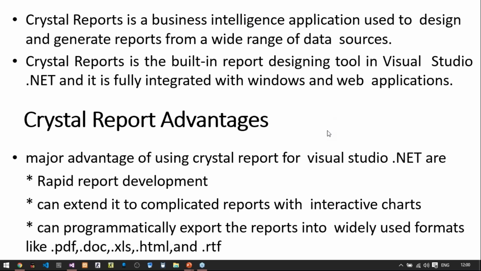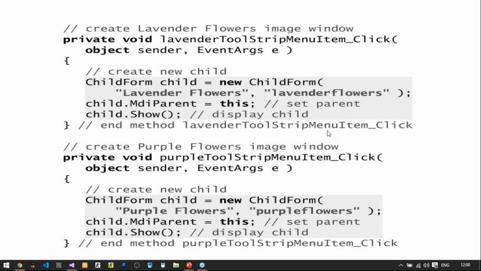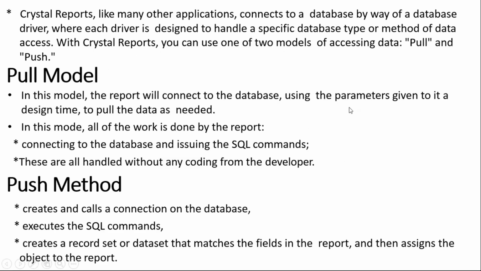Moving on, next, types of Crystal Reports. Mainly you have two types of Crystal Reports. First is the pull model. In this pull model, what we do is we connect to the database, we use some parameters, we code those parameters, and then we generate the report. That means the pull model is totally a programming type model. You need to create the complete program. You need to write the code for each and every step, for each and every report parameter that you want to add in your report. That means, in short, it is a program. You need to write code for it. There is no direct method.